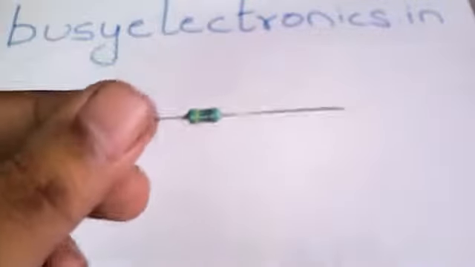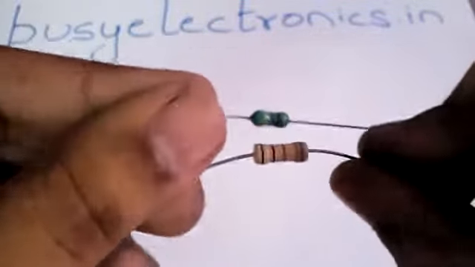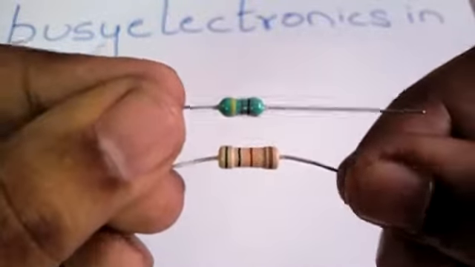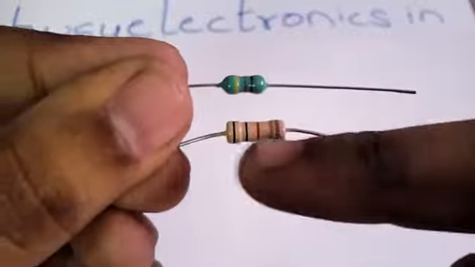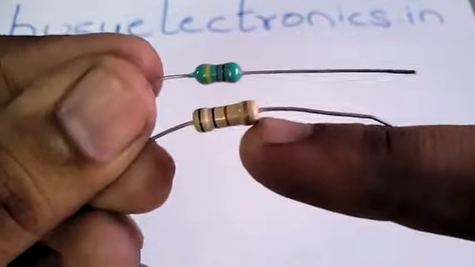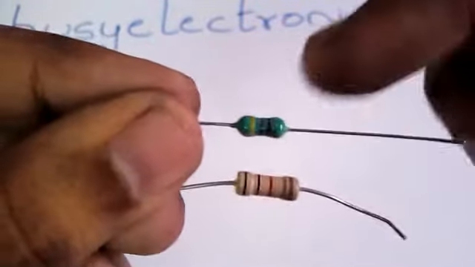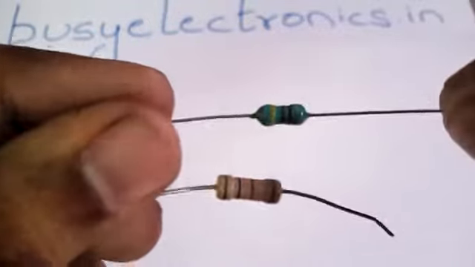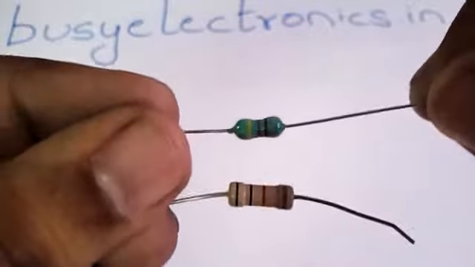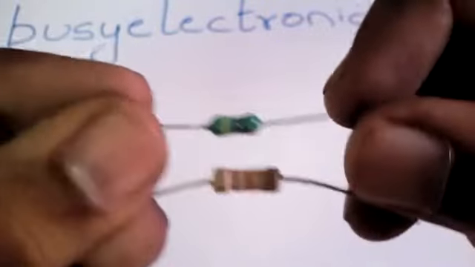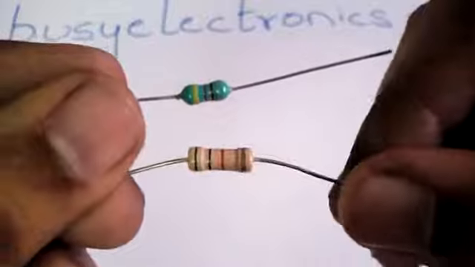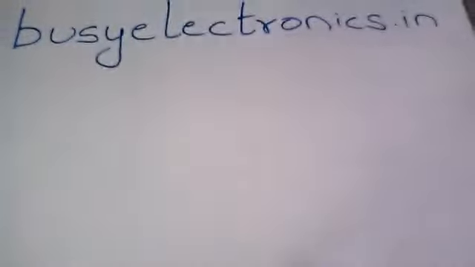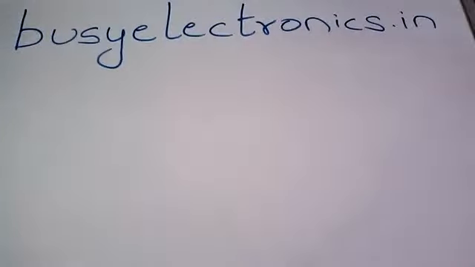inductor and a resistor. So I have in my hand a resistor. This is the resistor and this is the inductor. As you all can see, this resistor on its edges is flat, and in the case of the lead inductor, on the edges it is round. So this is the basic difference between a resistor and the inductor, and using this difference we can determine which is the resistor and which is the inductor. So this was about the difference between the lead inductor and the resistor.